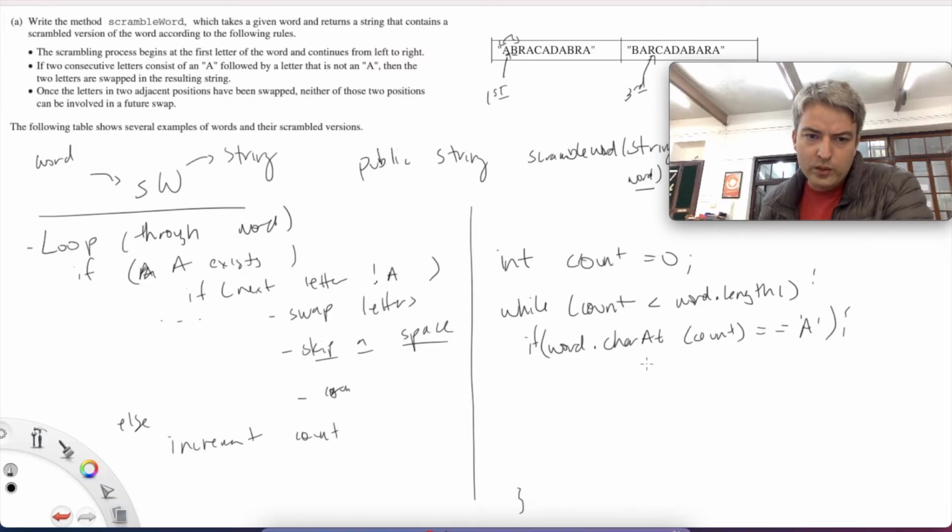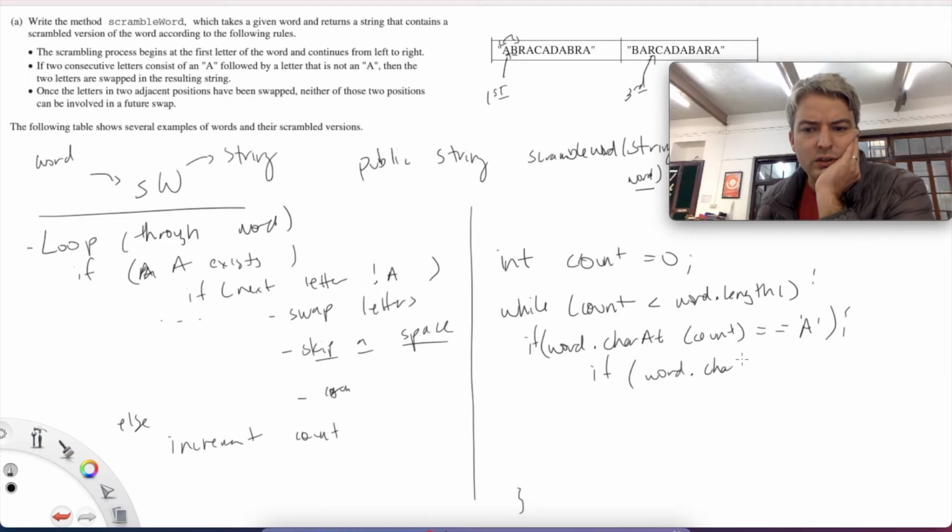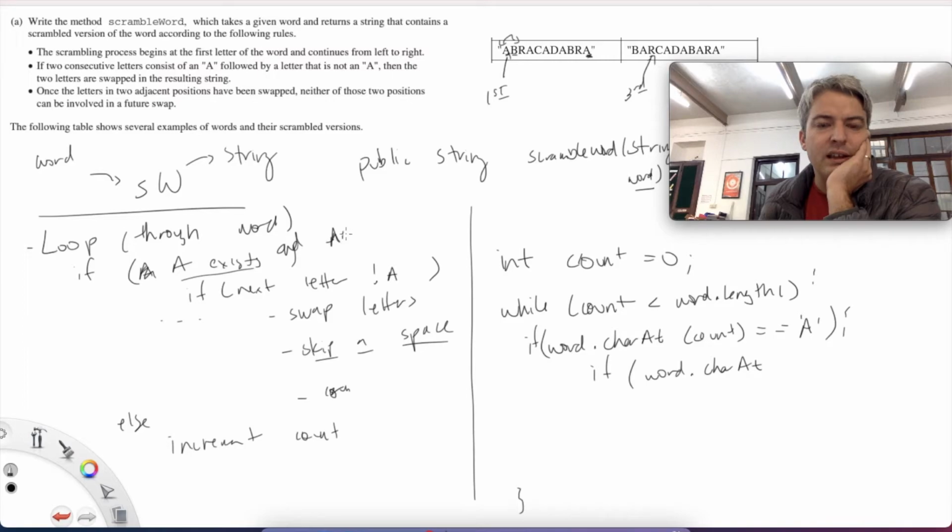Well, let's see. We want to check the letter next to it. I think there might be another if statement I need to put in here that I didn't include. So the next letter. There's going to be something else I want to make sure that I don't run into in this part. I also want to make sure that I don't run down to the end, because when I get to A here, if it's the last letter in the word, I don't want to do any kind of swap, because otherwise I'll try and pull a character from afterwards. So if A exists and is not the last letter,